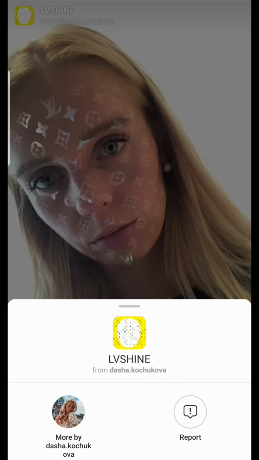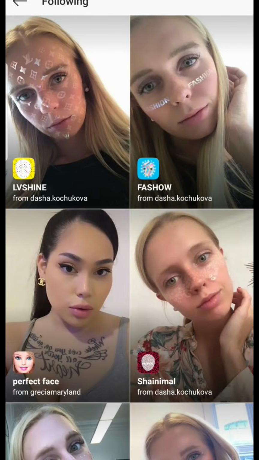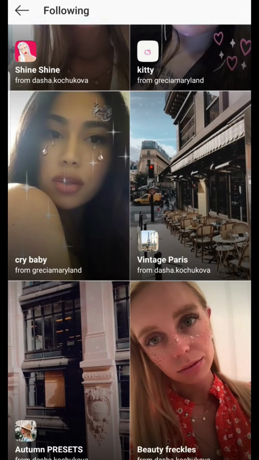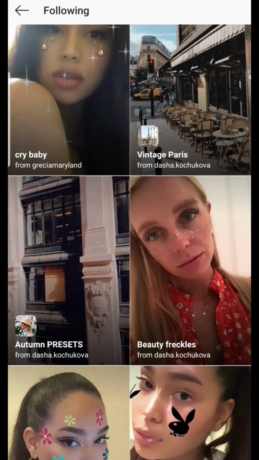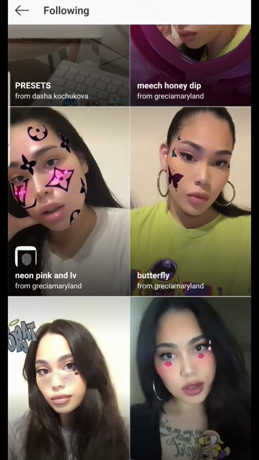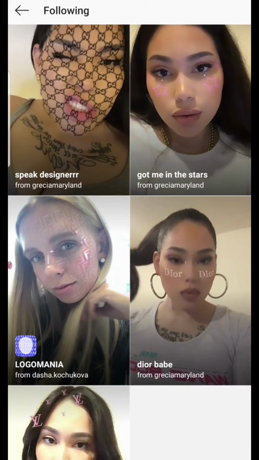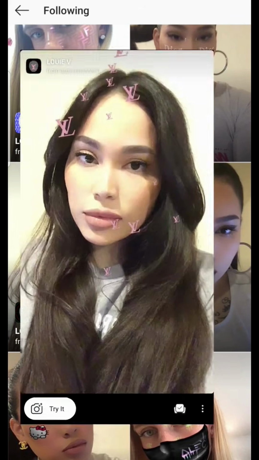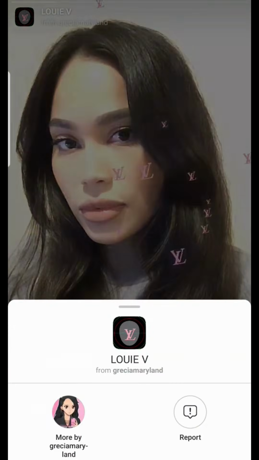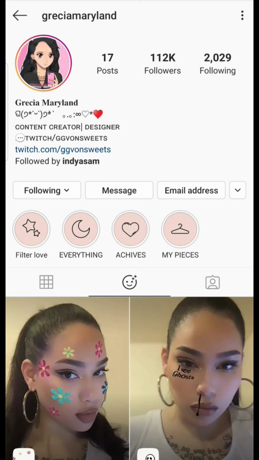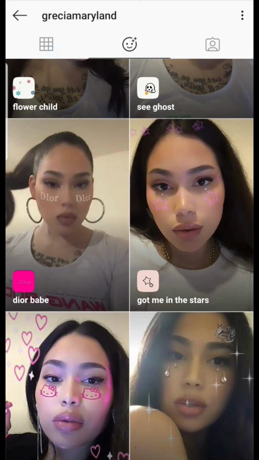Likewise, one more filter is there from Jessica. Actually 2 more. So let's tap on our username. Let's go to our profile. So we are in our profile. You can follow these 2 creators